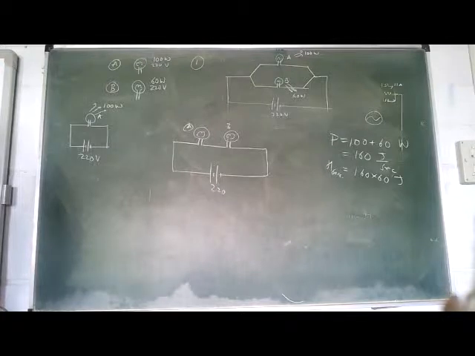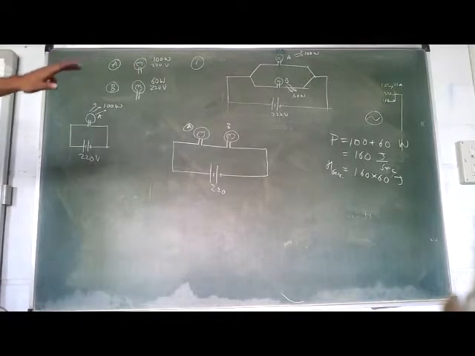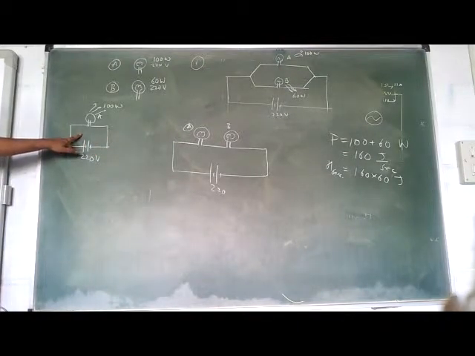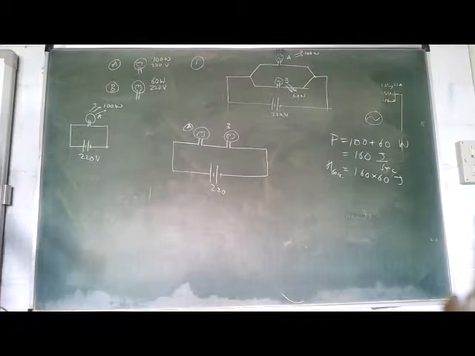Why? Because resistance is dependent on the material of the filament, the length of the filament, the cross-sectional area of the filament, the resistivity of the filament, remember, but nothing else, right? So the resistance of the bulb, we can find it using the rated power and rated voltage, and then use that resistance value in the circuit where we want to use it. Here's the point. Is it clear? So even though this bulb is not being put in such a circuit where it would have given its rated power, I can still get the resistance using those values.